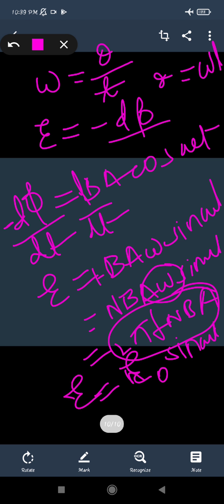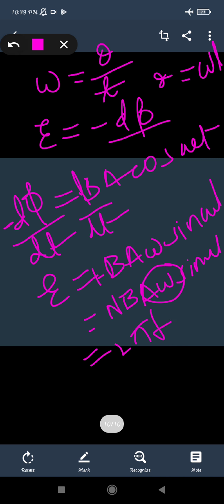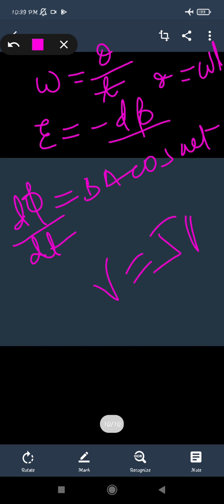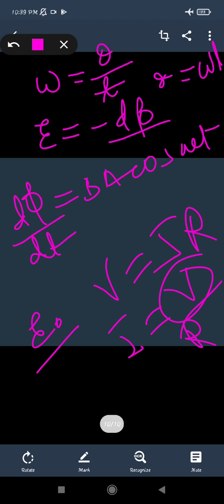This is the value of the induced EMF, that is E0 sin omega t. Similarly, omega can be given as 2 pi f, so omega t can also be written as 2 pi f t. Okay, so these were the values which can be used in the formula, and we have seen that V equals IR, right? From there, if we take the induced current, it will be V upon R. We can write that the induced EMF is similar to the potential difference, so this is E0 upon R, so the value will be E upon R. So this epsilon, the induced EMF, will be given to you.